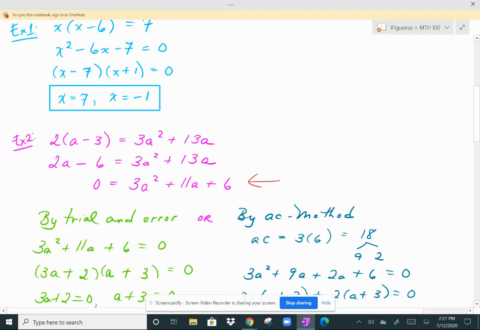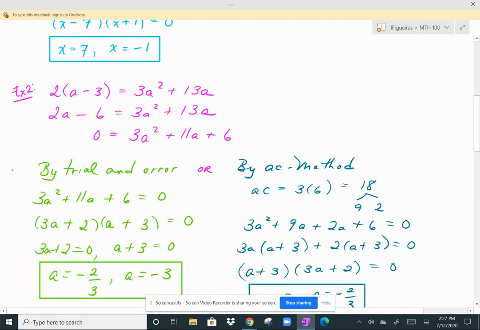So this is a second degree polynomial on the right with a leading coefficient of 3. So with a quadratic in this form, there are two ways to factor this, as we've talked about in previous lessons. You can either factor it by the trial and error method or by the AC method. So let's talk about trial and error first. So trial and error is exactly what it sounds like. You have to guess and check different combinations of numbers, but it's a controlled guess and check